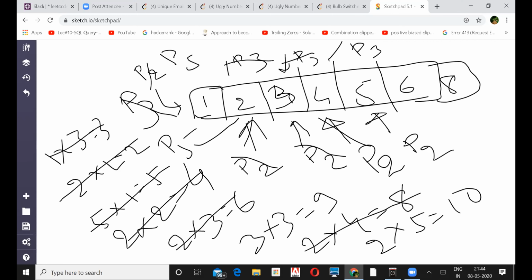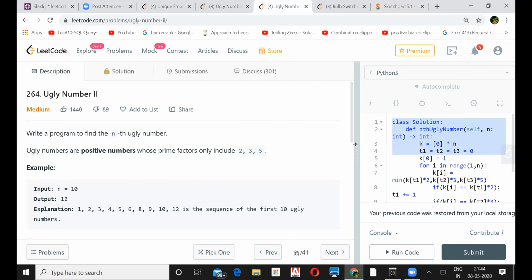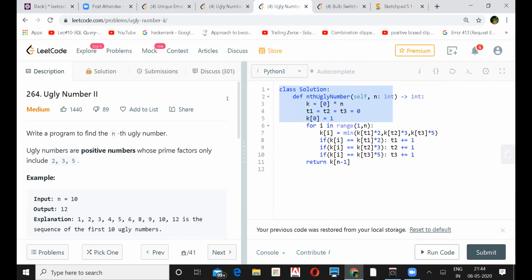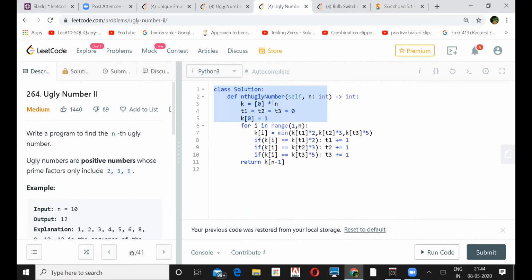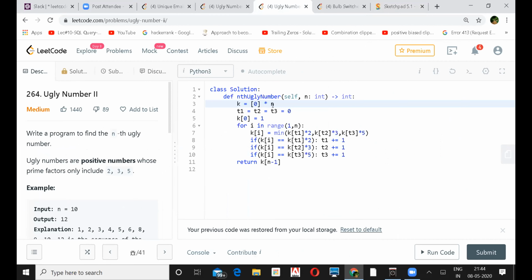Yeah, could you run through your code? Yeah, any queries in this? Sure. Yeah, this looks okay. So initially I'm creating an array of the entire length, filled with 0, 0. Initializing every product T1, T2, T3 to 0, and the first element I'm picking as 1. I'll go through 1 to n, compute all the products, take the minimum, and whenever you take the minimum of that,